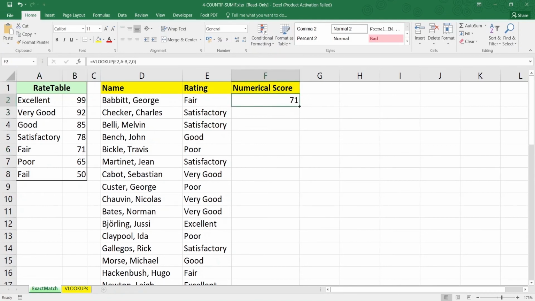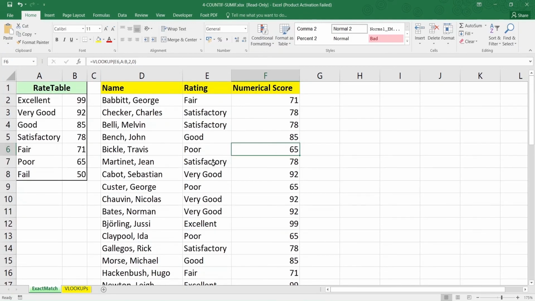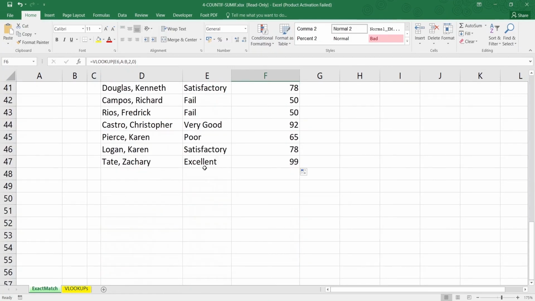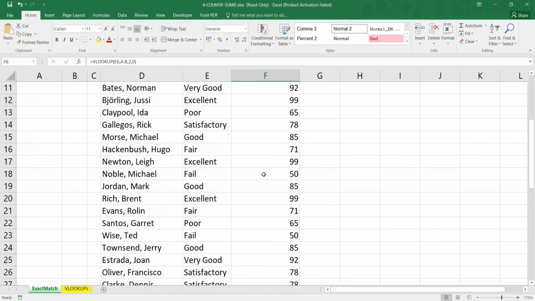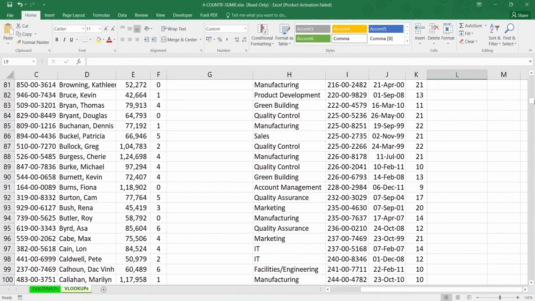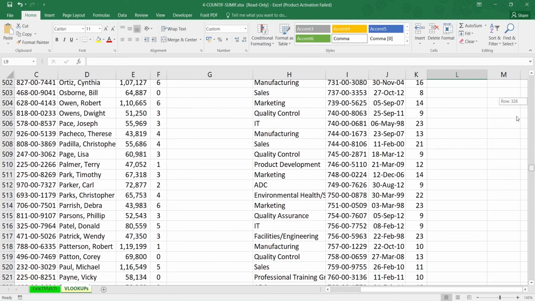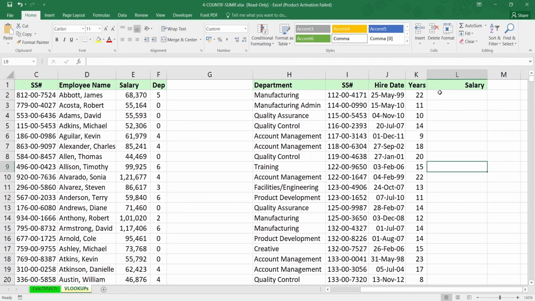I'll just go ahead and double click on this fill icon, the plus icon over here on the bottom right corner. When you double click on it, you can see that the entire list has been filled in with all the numerical scores for each of these ratings, right? Now, you might think that there are hardly 40-50 entries and I could just manually look and put in the information. But when we come to lists like an employee list of our company of 700 or 800 people, it's very difficult for us to manually put in information, right? And that is where the true power of VLOOKUP is visible to us, all right?